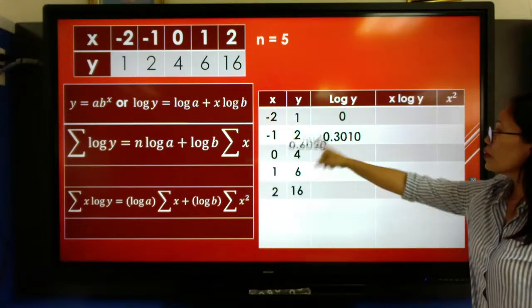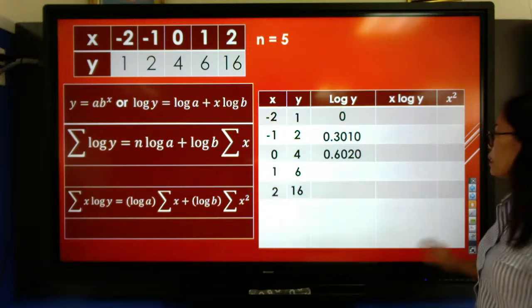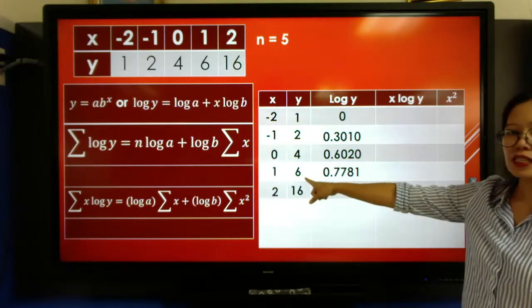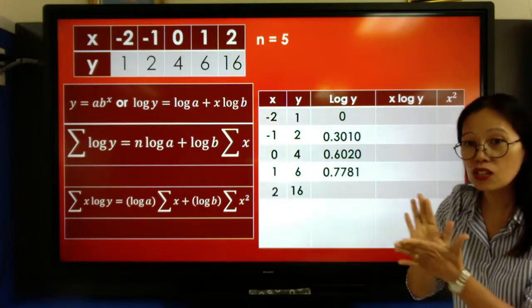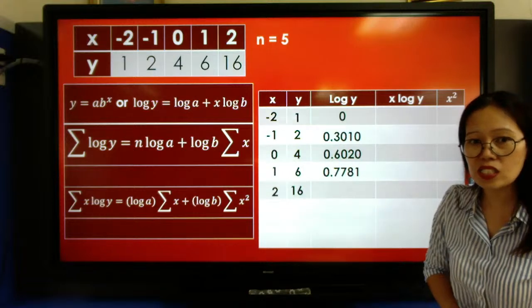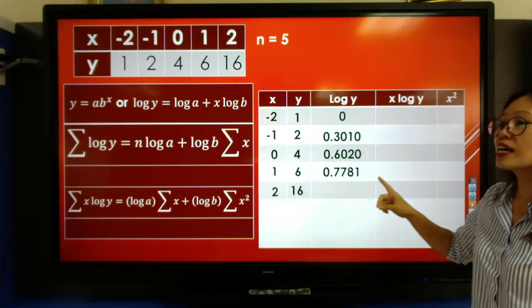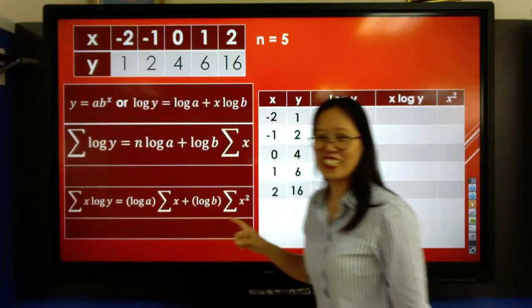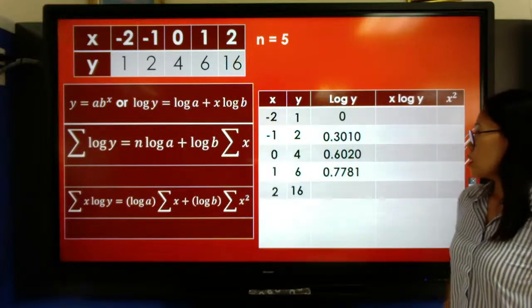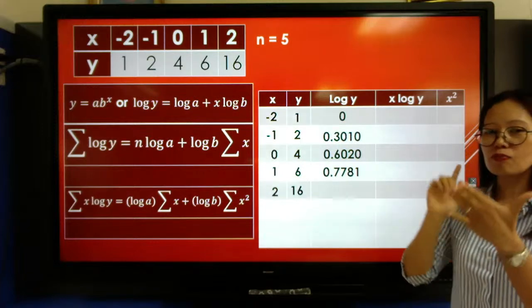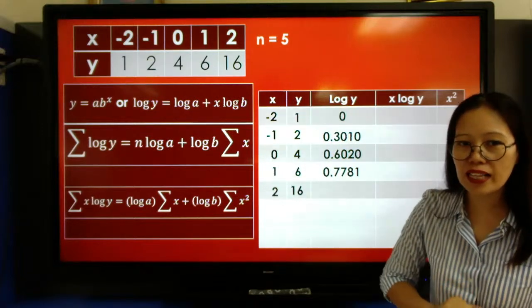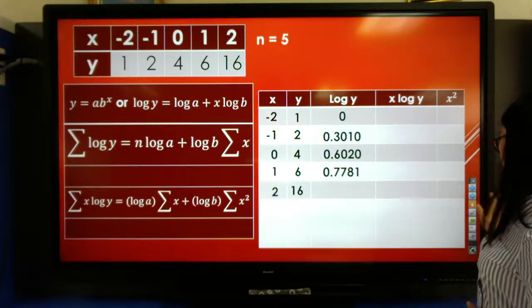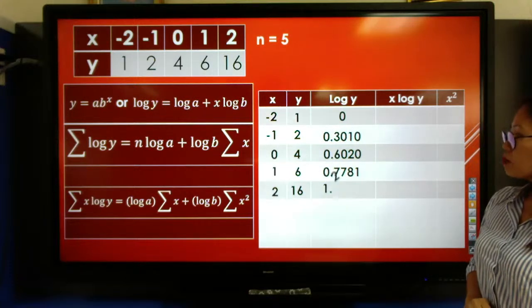0.3010. Logarithm of 4. We already finished that last time. Okay, logarithm of 6. All you need to do is pick up your calculator, press the logarithm, and then take this. All right, so all we need to do is press the logarithm in our calculator and put 16, press. So we'll be having logarithm of 16 is